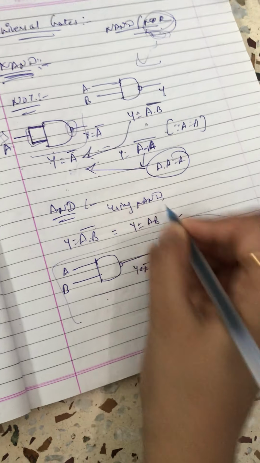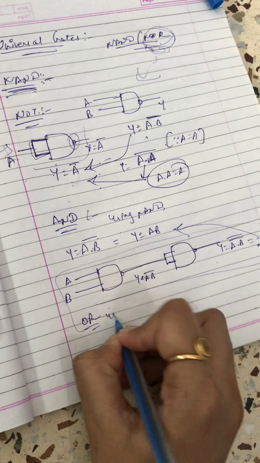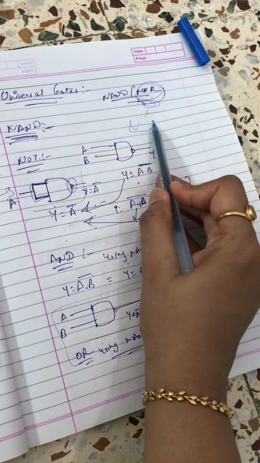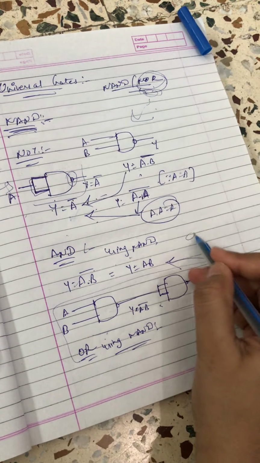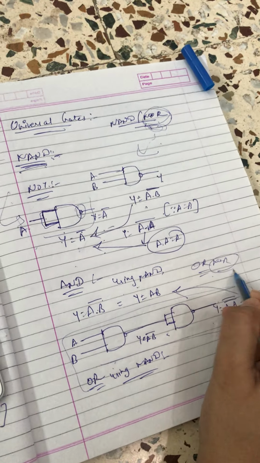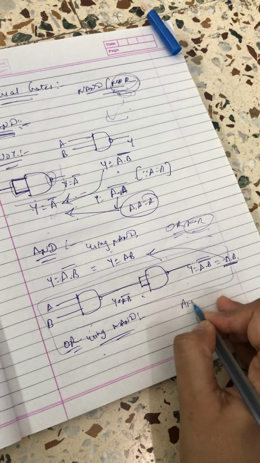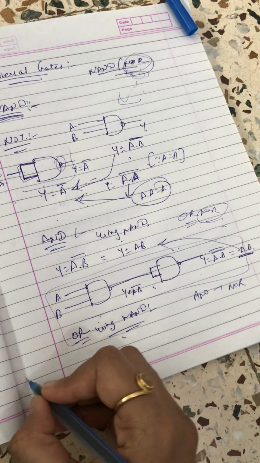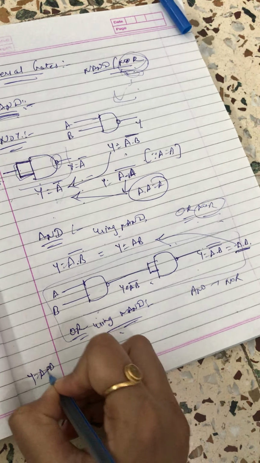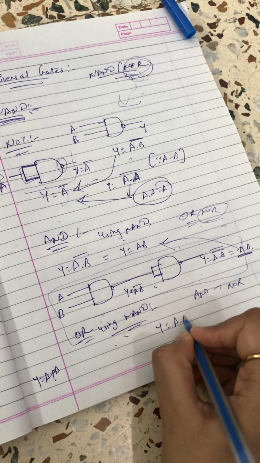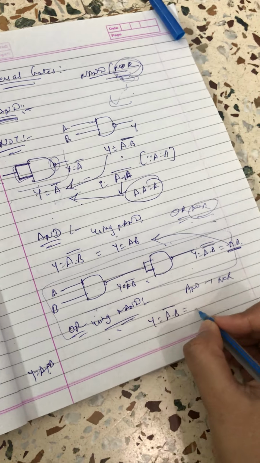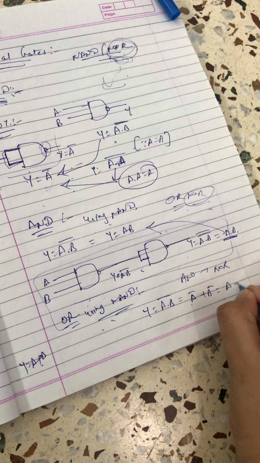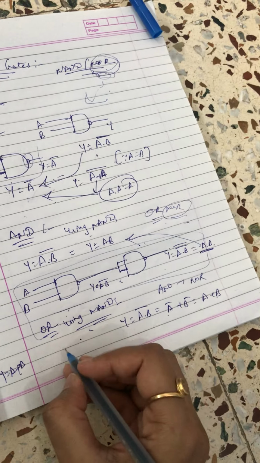So this is the circuit diagram for AND using NAND. In a similar way you can make OR using NAND. Again, you have De Morgan's theorem. You want y equals a plus b, and you have y equals (a dot b) bar. So firstly let's make it a bar plus b bar by De Morgan, and then you can make it a plus b by using NOT on both in front of it.